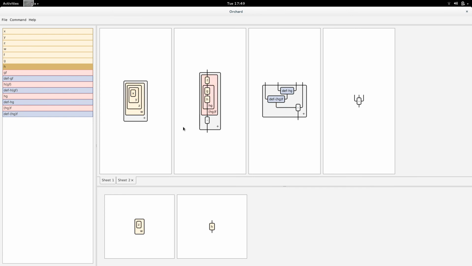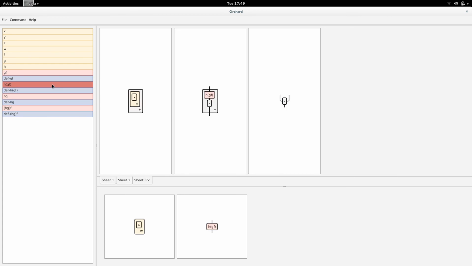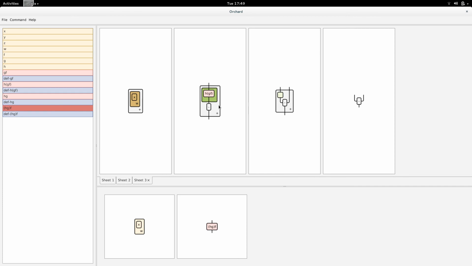Okay, and so we now have these two cells. Let me open the first cell we did, which was here. I'm going to double click and get a new sheet. There's HGF. It goes from X to W. It's the composite of those two arrows. If I extrude around it, I notice that the other direction composite, HG first and then F, also fits in